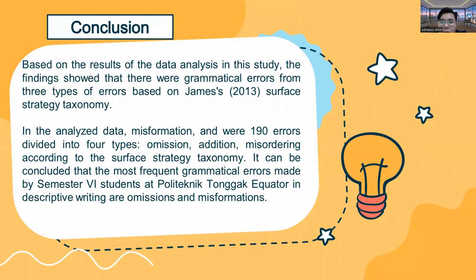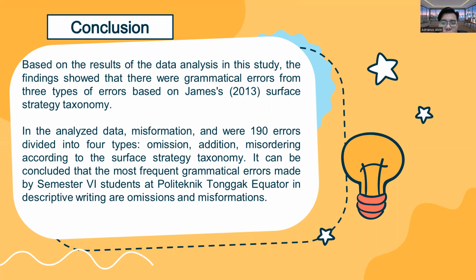Based on the results of the data in this study, the findings show the grammatical errors are of types based on James's surface strategy taxonomy. In the data analysis, the errors were divided into four types: omission, addition, misformation, and misordering. It is concluded that the most frequent grammatical errors made by semester 6 students of Polytechnic Tonggak Equator in descriptive writing are omission and